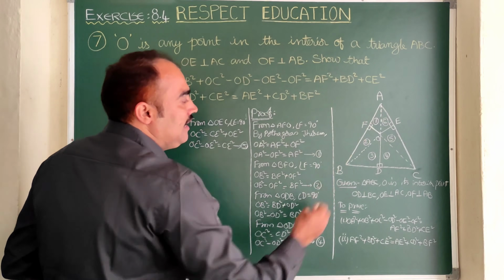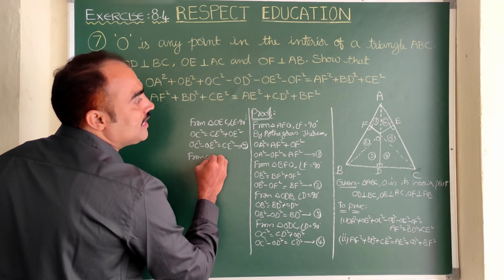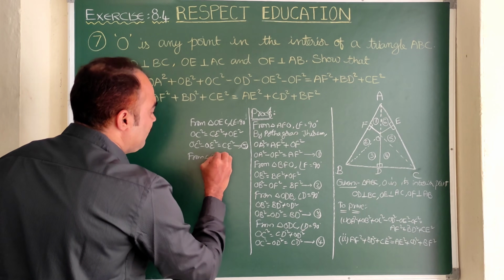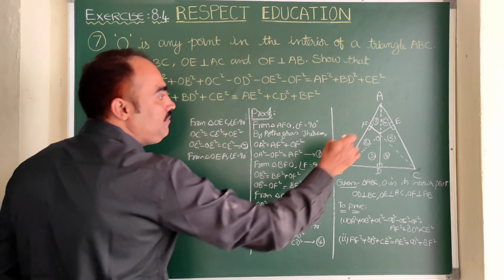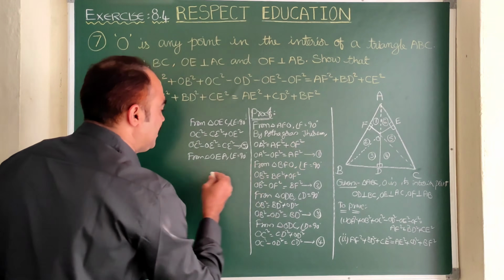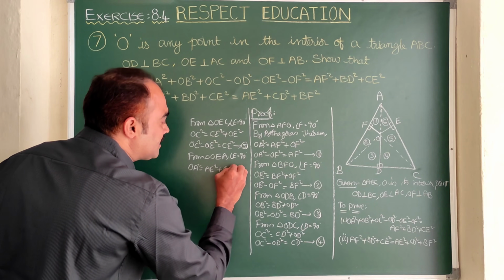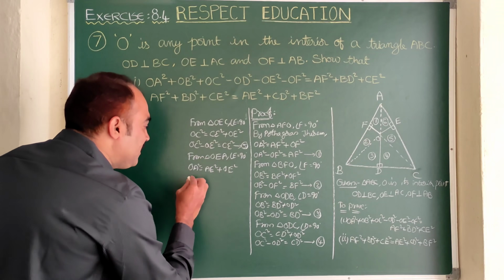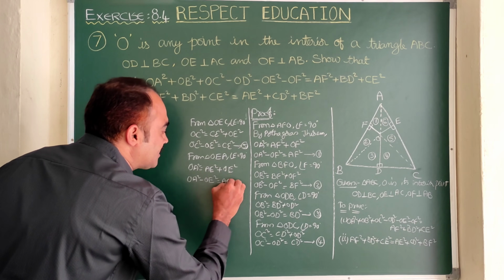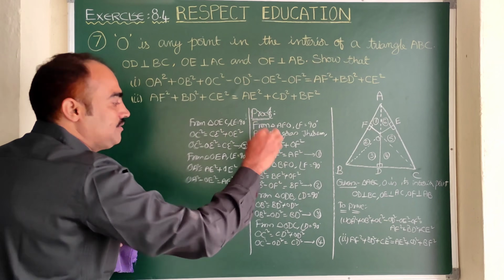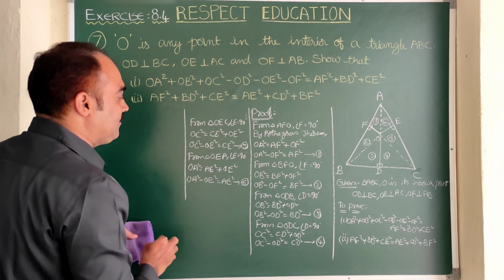And let us enter the last right angle triangle, that is the sixth one, triangle OEA, where angle E is equal to 90 degrees. Let us apply Pythagoras theorem. Here if angle E is 90, OA is the hypotenuse. So OA square is equal to AE square plus OE square. Let us send OE square this side. So OA square minus OE square is equal to AE square. This is equation number 6. Right. So till now we have prepared 6 equations.